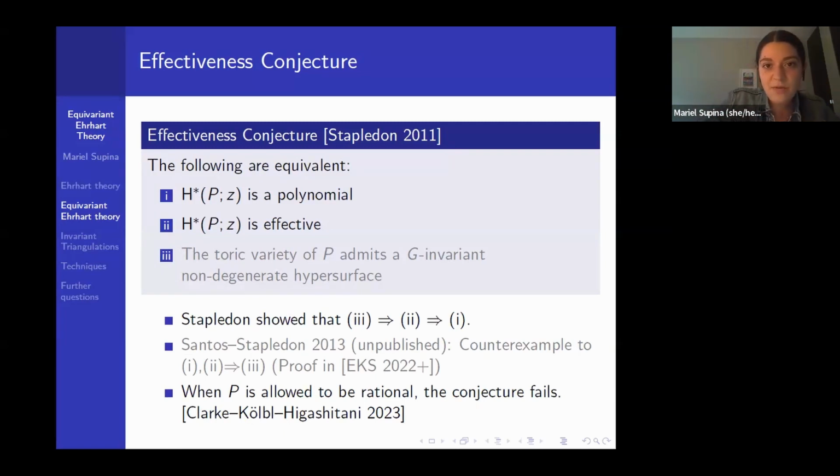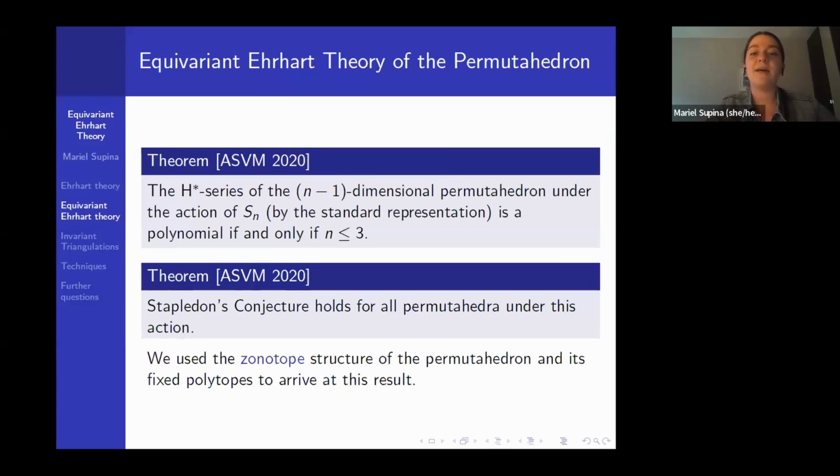So when it comes to the permutahedron, Federico and Andrés and I showed that the H star series was a polynomial if and only if basically you're the hexagon, or the line segment, or the point, so the very low dimensional permutahedra. And for the 3-dimensional one and above, the H star series is not a polynomial. And so as a corollary, we get that Stapledon's conjecture holds for all permutahedra under the action of the symmetric